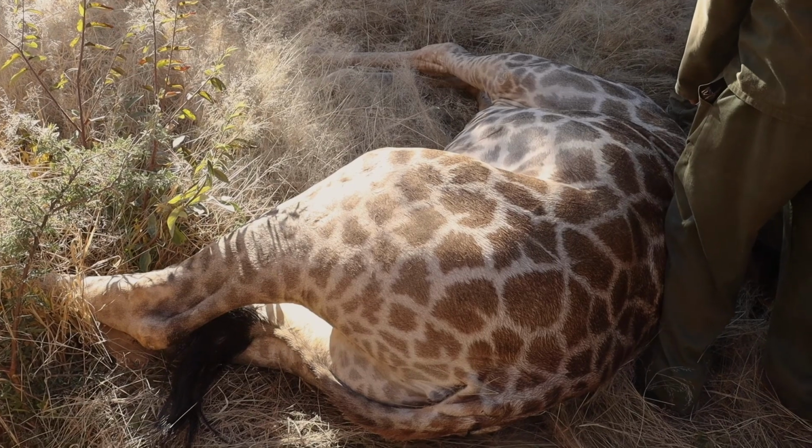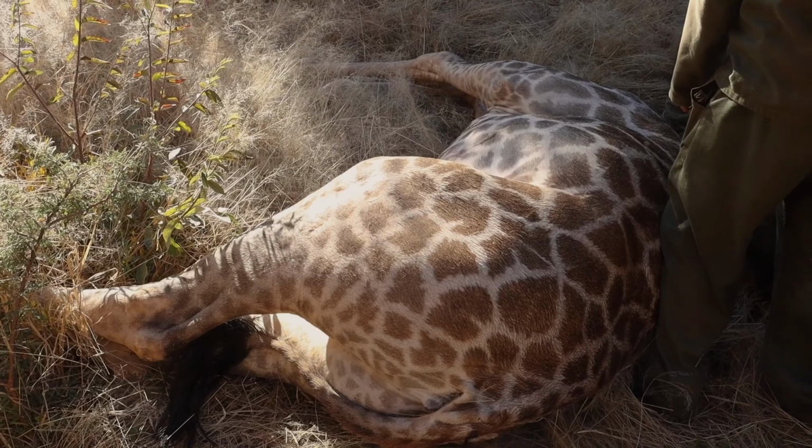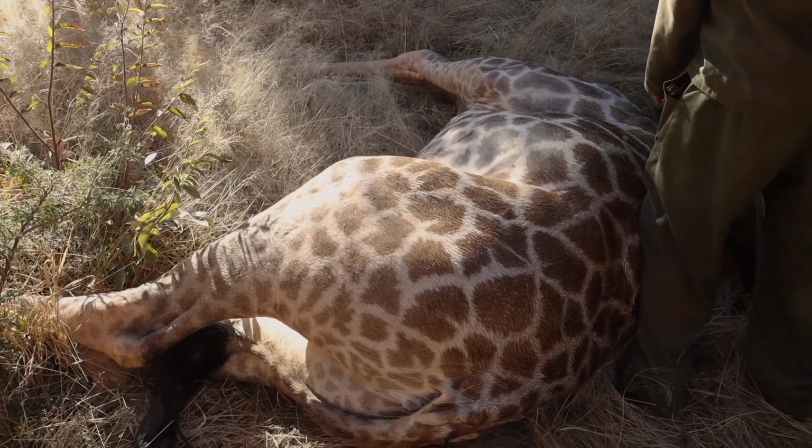Because the giraffe is fully awake, we don't try and feel too much for pulses and so on. Any stimulus is always stimulating the giraffe. And with the breathing, one can watch it nicely. The abdomen's got a nice constant breath. Respiration rate, we know the animal is fine. And then also a little bit of twitching on the ears and the kicking, you know it's alive and well. Look at the gums